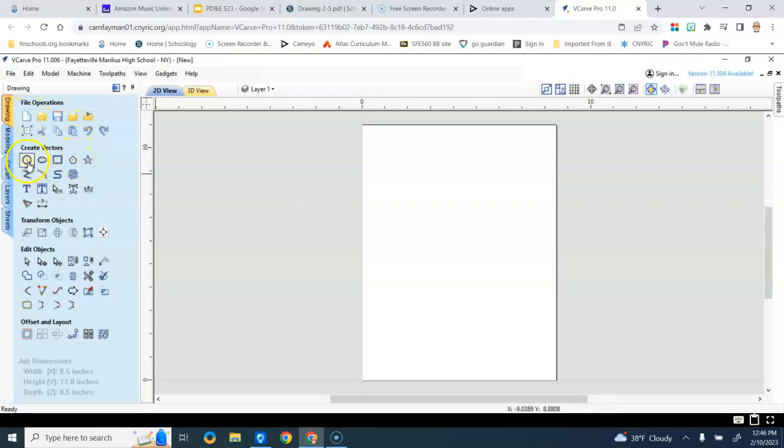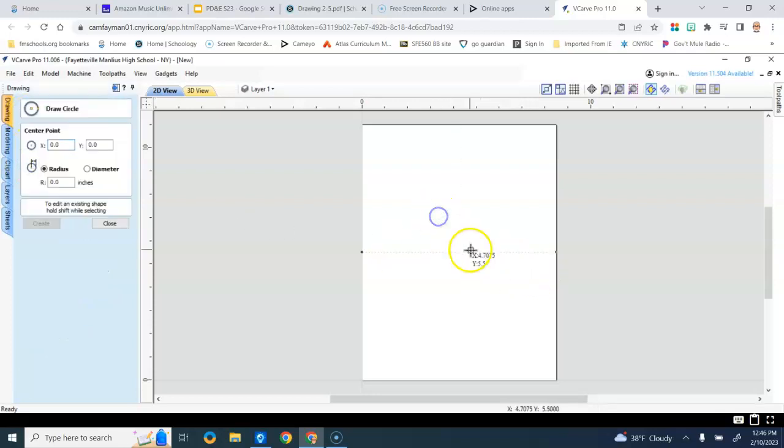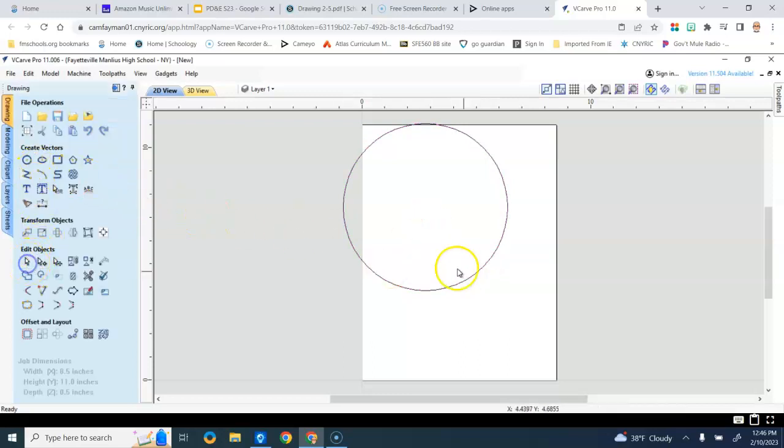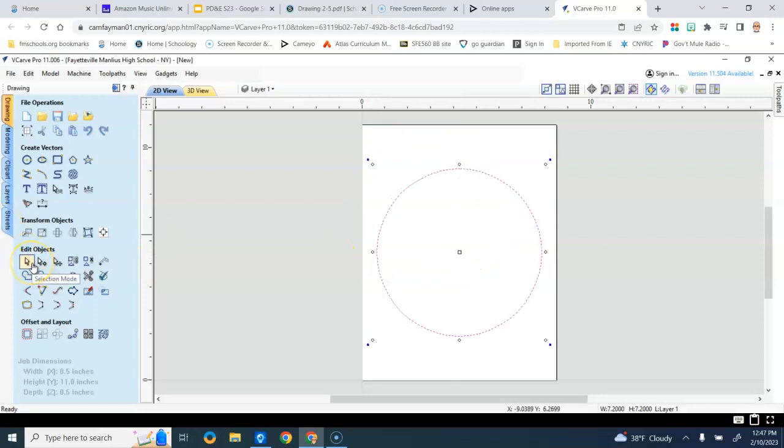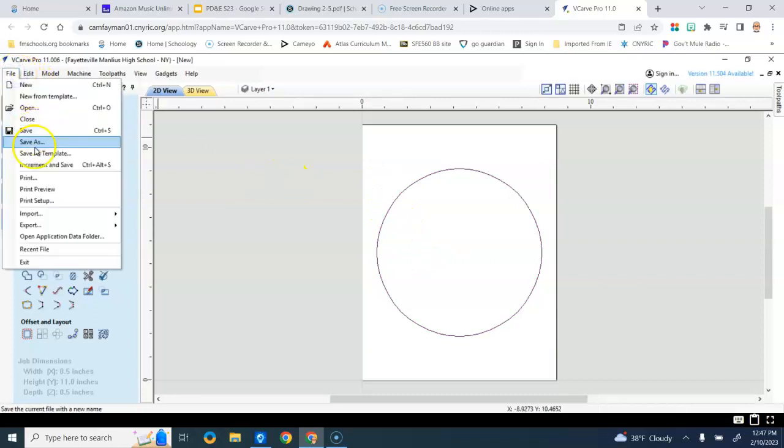Oh, saving. Let's do that. Before we quit, I'm just going to quickly drag a circle. Doesn't matter quite where the circle is, but let's say I want to keep this screen. Let's transform move. Okay, so you'll notice when I was just using this tool here, which was selection mode, it did not allow me to select the circle. I had to click on the one that says transformation mode, move, scale, rotate. So when you go to save this, file, save as,